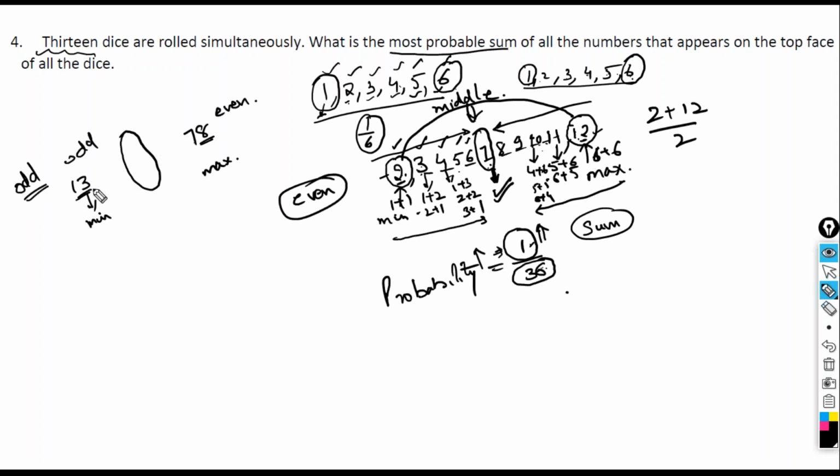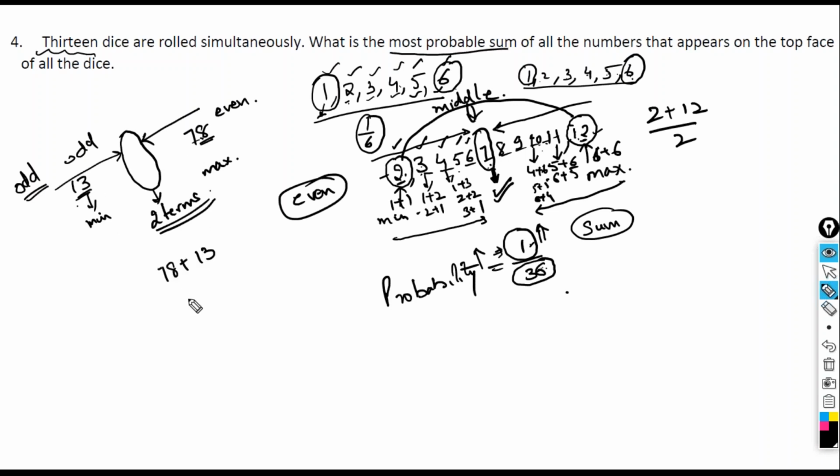So in this case, when you are starting with an odd number and ending with an even number, the number of terms is even. So you will be getting two terms in the middle, and the probability for both of these terms, because they are equidistant from both the ends, is going to be the same. Now in order to find the middle terms, you need to add these two, 78